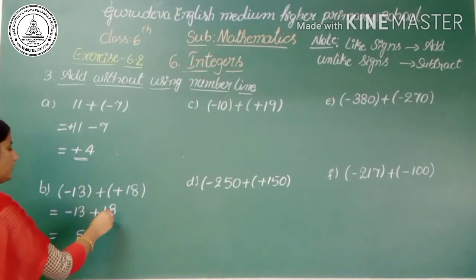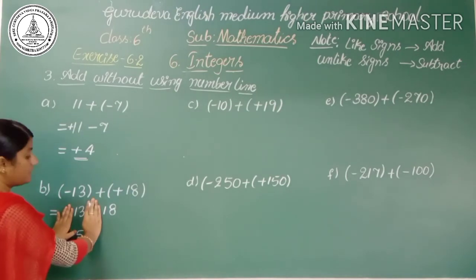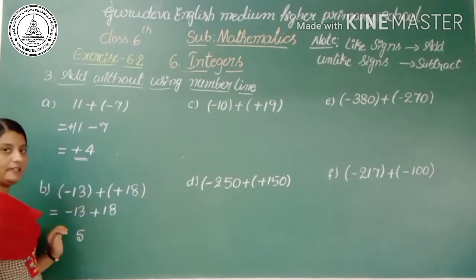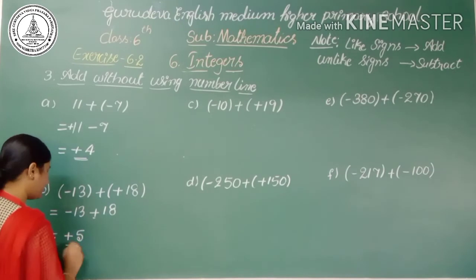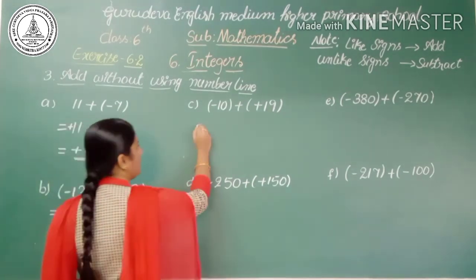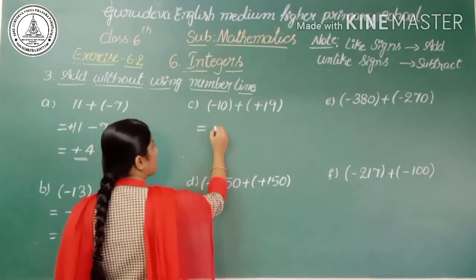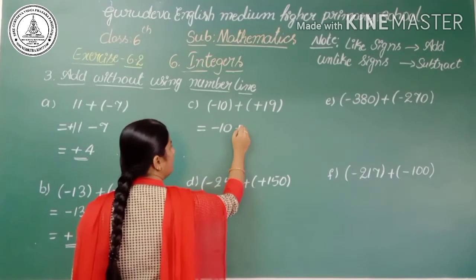So now 18 and 13. In these two integers, which is the greater value? That is 18 as the greater value. Its sign is plus. Then keep it as the prefix of the sum. Yes. Then similarly do the third one, which is equal to: first remove the bracket and write the integers with sign, minus 10, then plus 90.